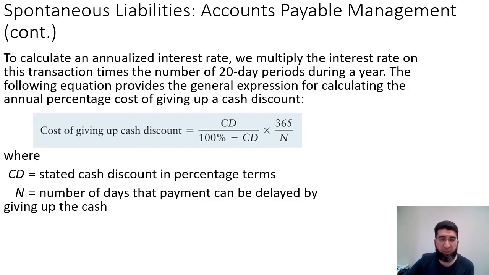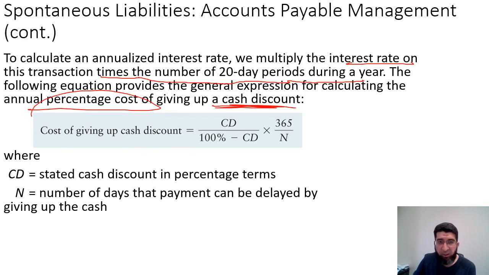So there are two ways to calculate it. One is the standard way, and the other is the approximation. In this, what we do is we calculate the annualized interest rate. In order to do so, we multiply the interest rate on this transaction times the number of 20-day periods during a year. The following equation provides the general expression for calculating the annual percentage cost of giving up a